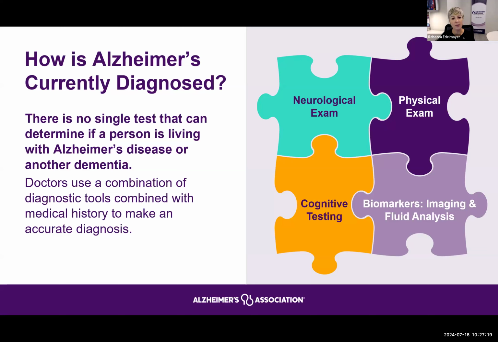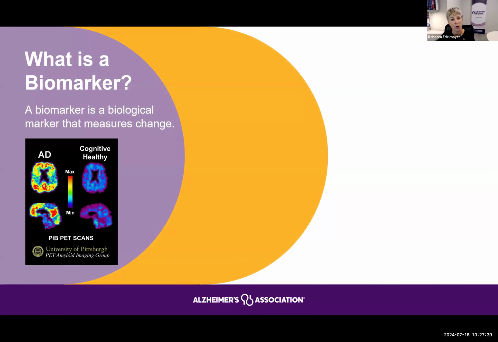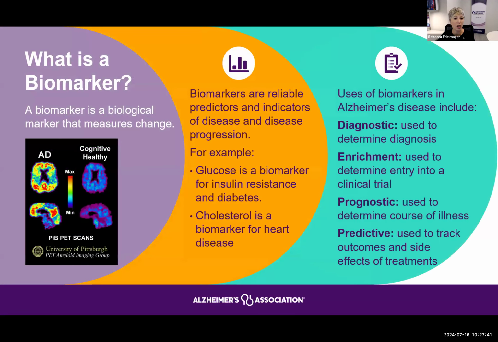And a lot of the research that is presented at AAIC is very focused on developing not only better tools, sometimes even digital and cognitive tests that can be done using artificial intelligence or different types of technologies to better understand the changes that are happening in the brain, but also some of these different types of biomarker testing, where we try to understand these biological changes that are happening in the brain.